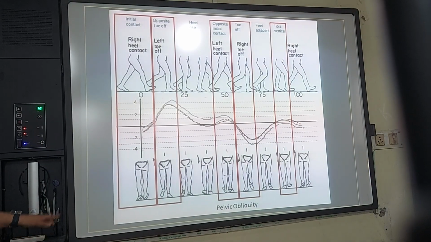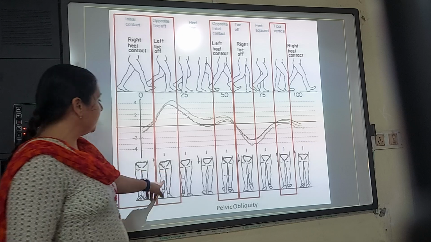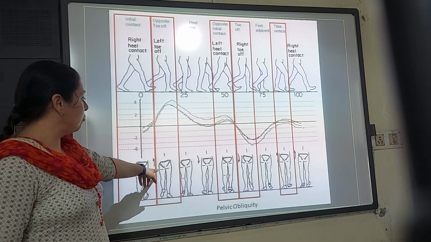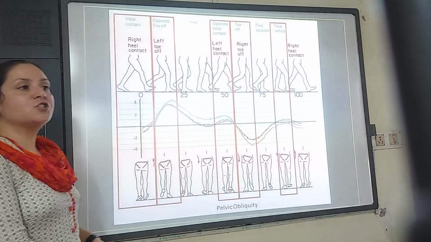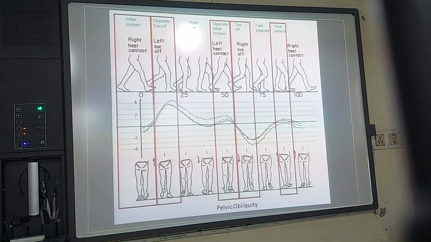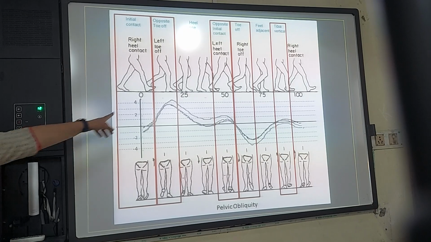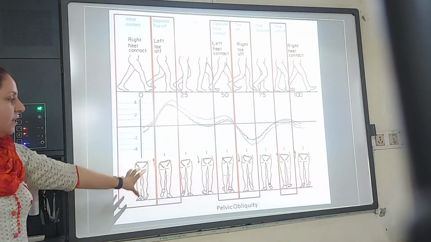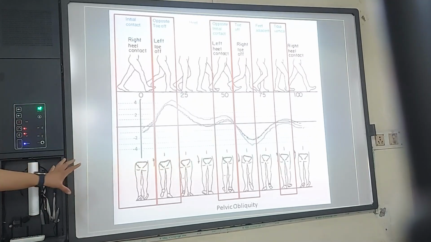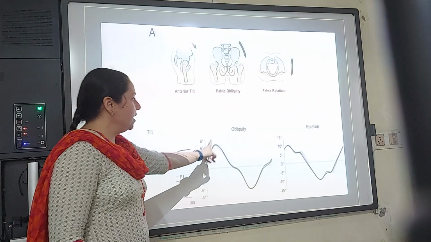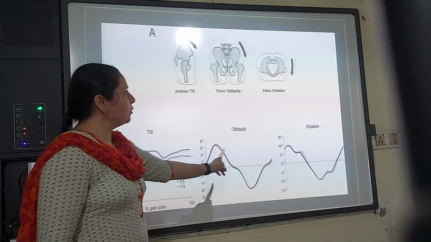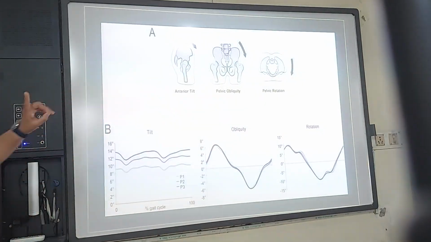Is this graph clear? Now can you see this graph? Whenever there is a drop, you can see the graph rising or dropping depending upon which limb is involved, whether you have taken the right as the dominant limb or the left as the dominant limb. So this is how the graph is depicted. These are the movements and the graphs again. The last graph you saw showed only this movement. Now for all 3 movements, these graphs will be shown.